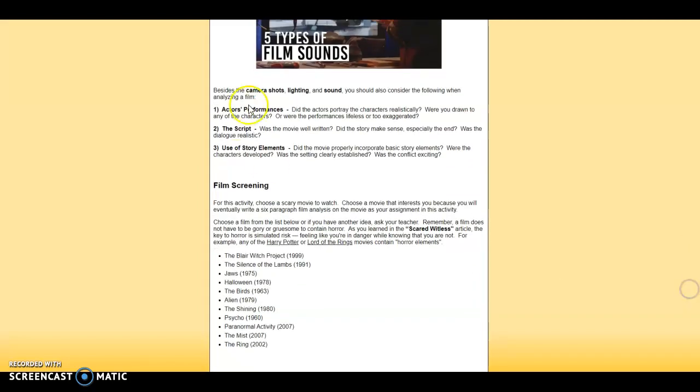Besides camera shots, lighting, and sound, you'll also have to consider the actors' performances when watching a film, the script, and so how well is the movie written, is the dialogue that the characters are saying realistic, and then of course how other story elements are used in the movie. So in terms of the setting, and in terms of the plot and the character development, how well was that done in the film? Ultimately, what this is leading to is you choosing a scary movie to watch and then